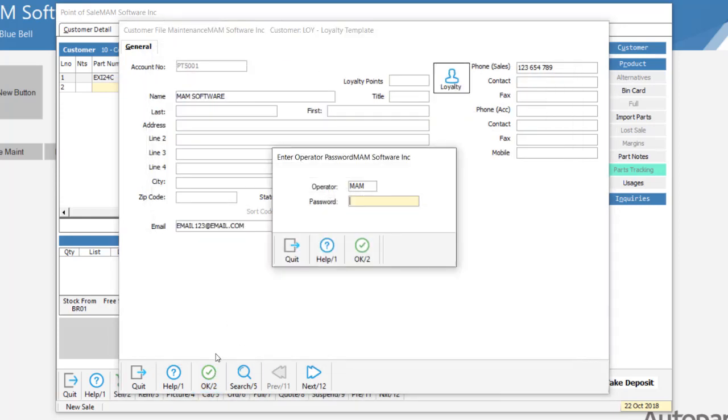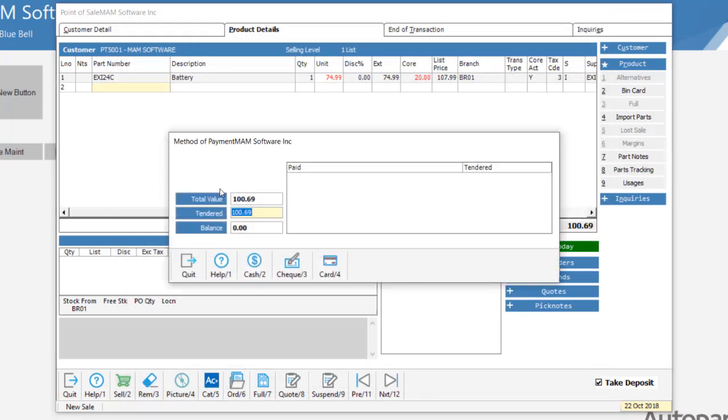Once I hit OK, I'm just getting a quick prompt because I'm creating a new account number, and I'm back to the sales screen. You'll notice up in the top left hand corner we have a sequential account number, PT5001, MAM software. So this time if I just take cash,